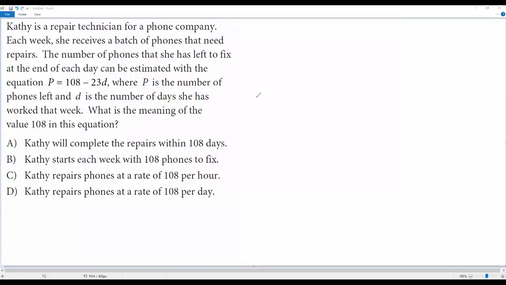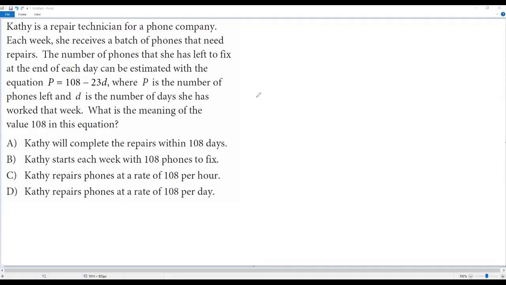Here we have a SAT math question. Okay, let's go over the information. Kathy is a repair technician for a phone company. Each week she receives a batch of phones that need repairs. The number of phones that she has left to fix at the end of each day can be estimated with